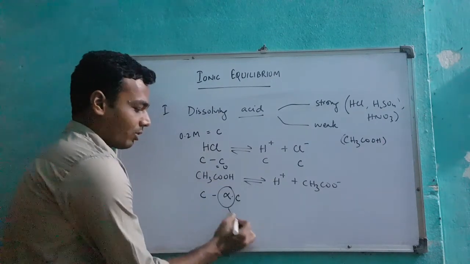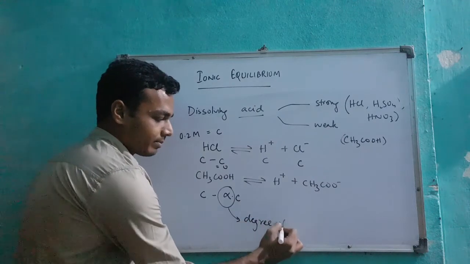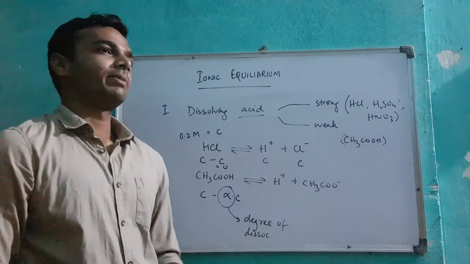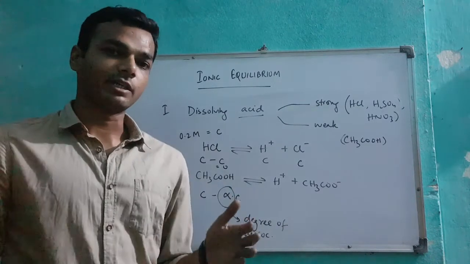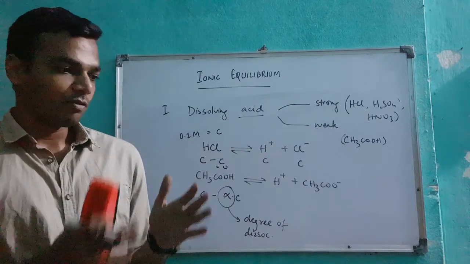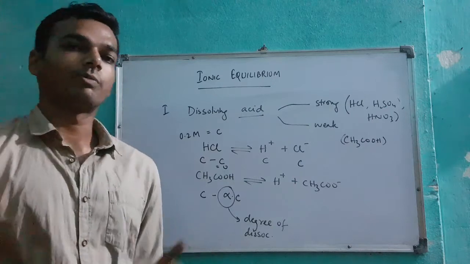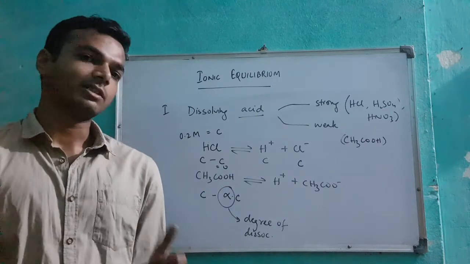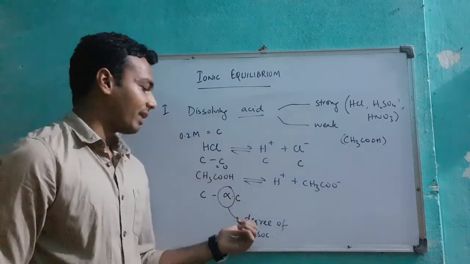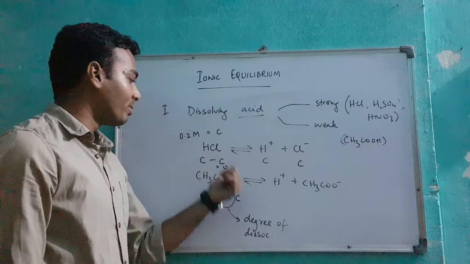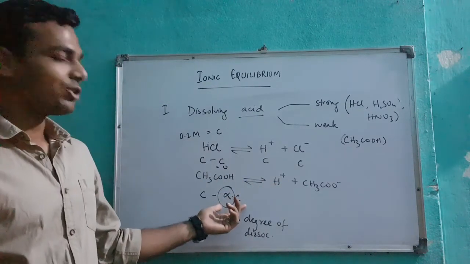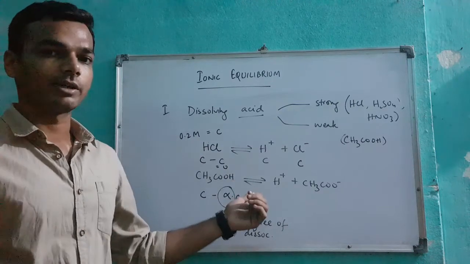This alpha is called the degree of dissociation. There is one more name for it, called dissociation constant. So people write alpha in two forms, either as a percentage or as a constant. If someone says 0.4 as alpha, it means 40% of the whole concentration is going to break into ions. Likewise, someone can write the same 0.4 as 40%. So look for alpha and the words which say how much percentage of the molecule is going to break into ions. Now this C alpha we assume is a very small quantity because this is a weak electrolyte.